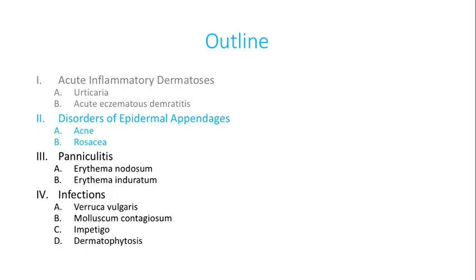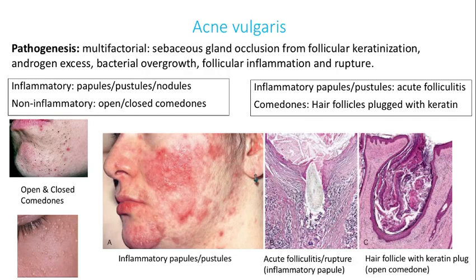Next, we're going to talk about some diseases which involve hair follicles in the form of acne and rosacea. So acne is a very common condition. Its pathogenesis is thought to be multifactorial. People think that the initial lesions of acne actually result from too much keratinization of the infundibular portion of hair